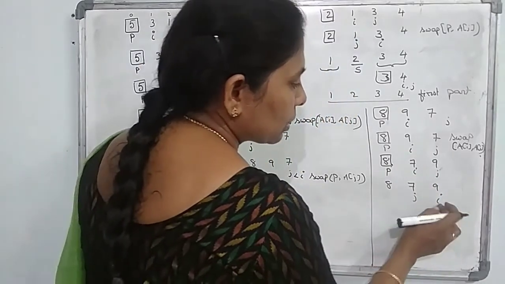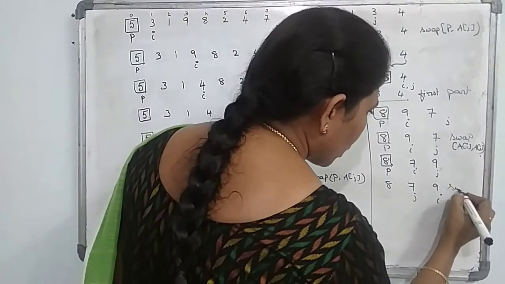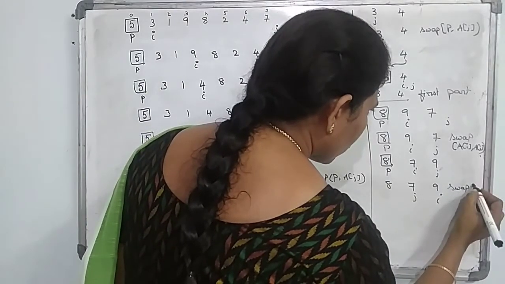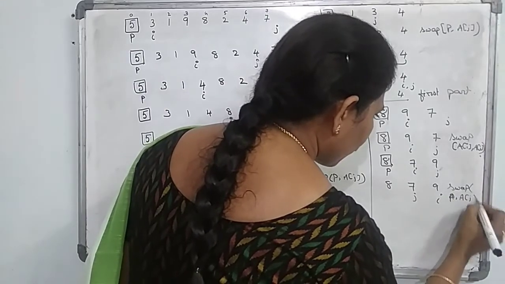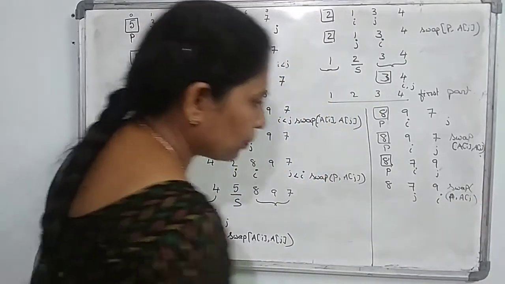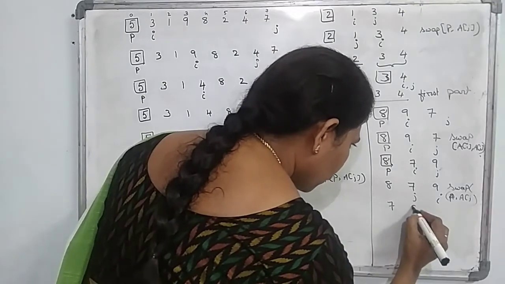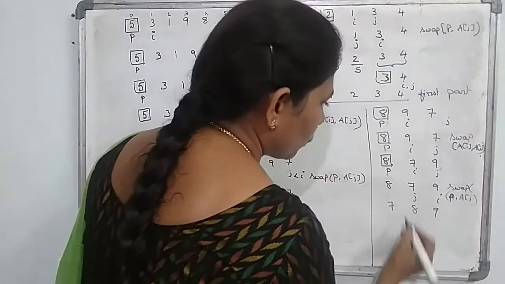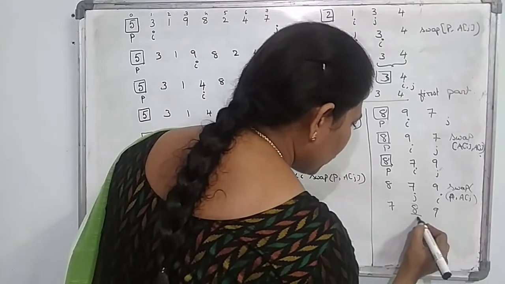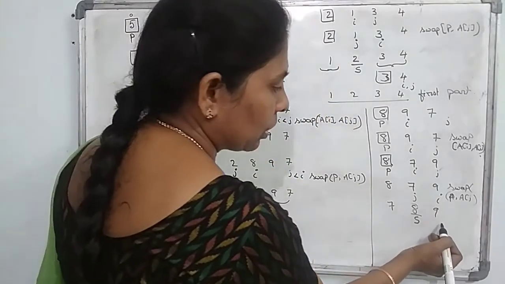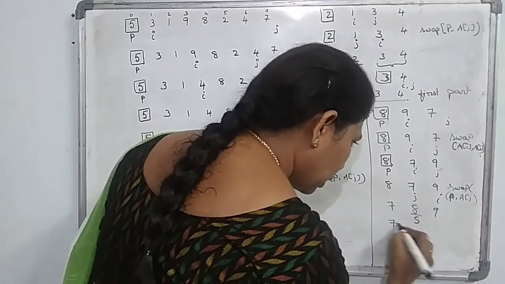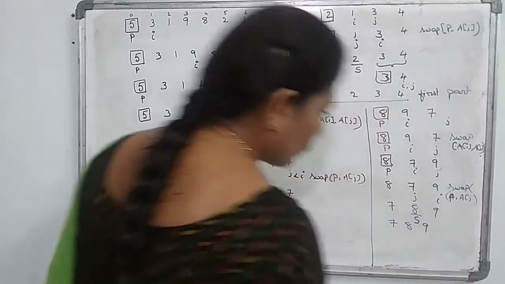So whenever j is less than I, again you can apply the swap of pivot and a of j. So that means in that you can swap, giving 7, 8, 9. Again this is the splitting portion. In that you have a single element, and in that also a single element. So the array is ordered as 7, 8, 9.